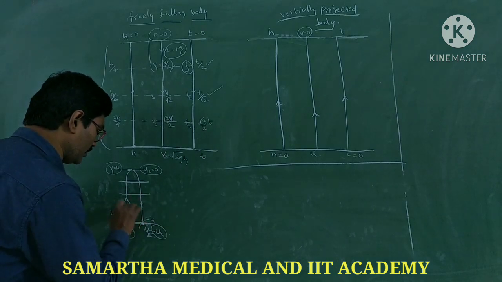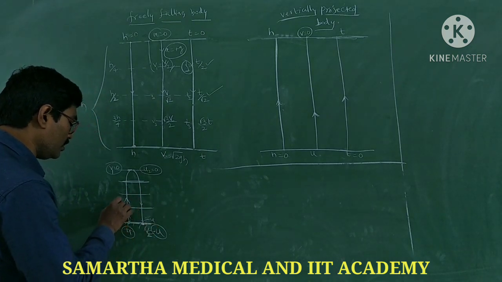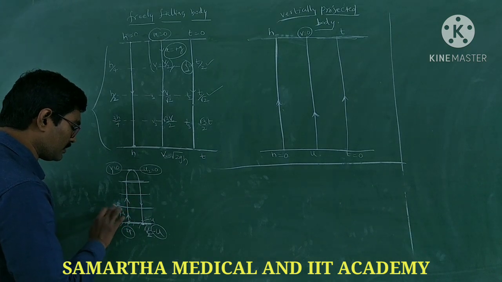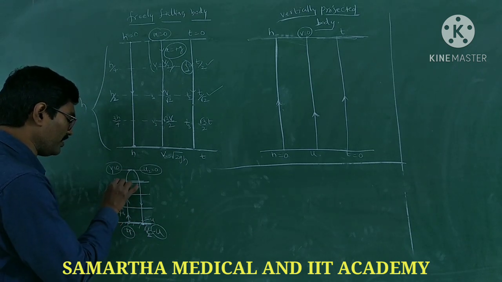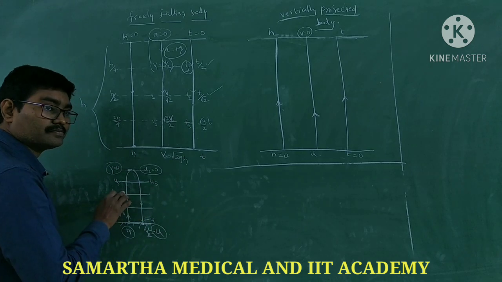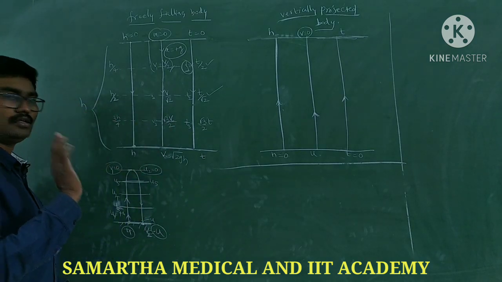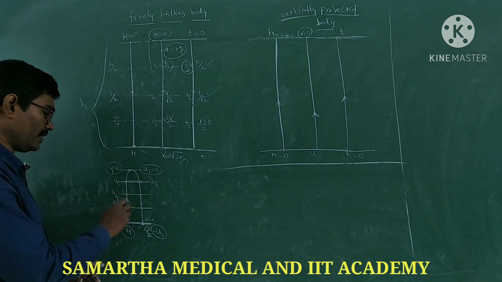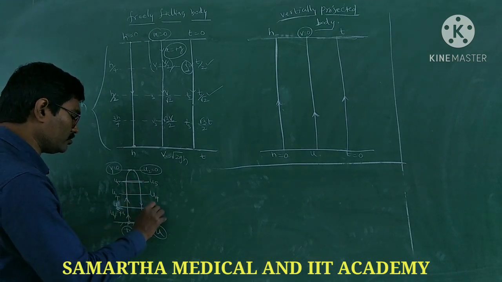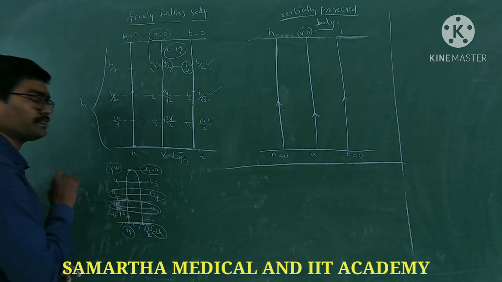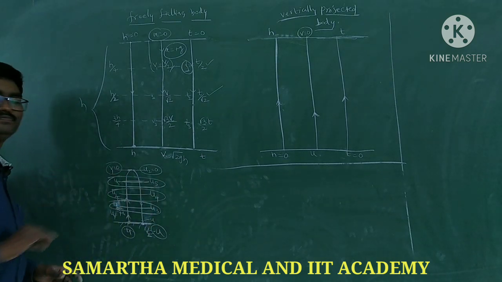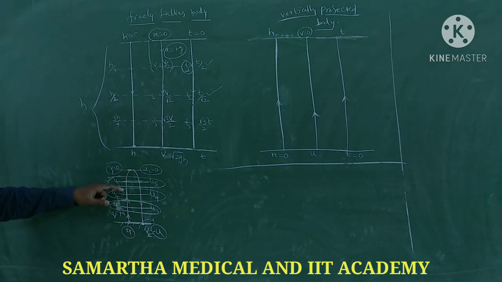So here also, if you take v1 or u2 or u3, here u4, here u5, here also u5 only. Magnitude is same, direction alone reverses. Here also u4, here also u3. That means at the same height, same speed, direction-wise reverse. But at the same height they will acquire the same speed.